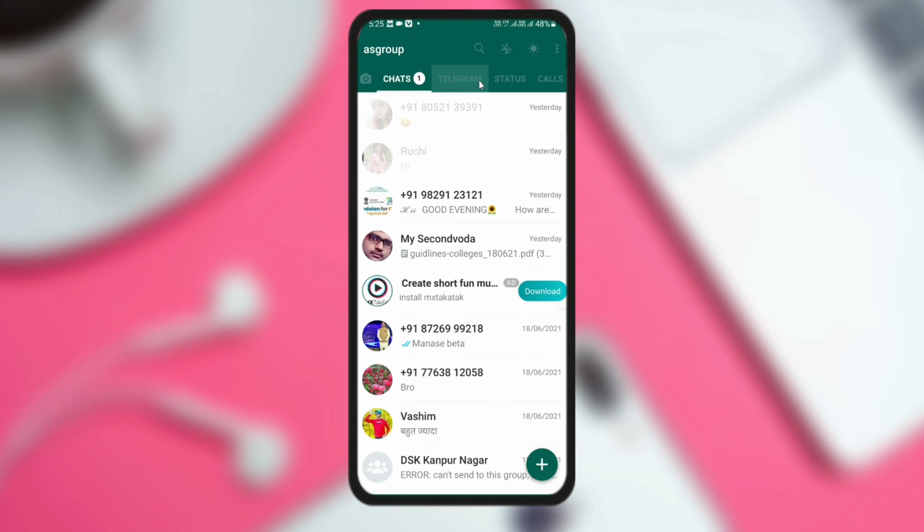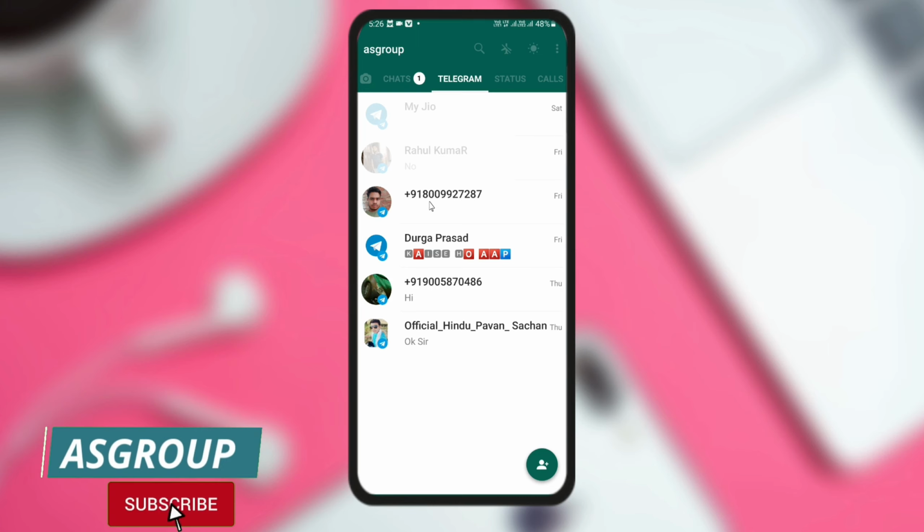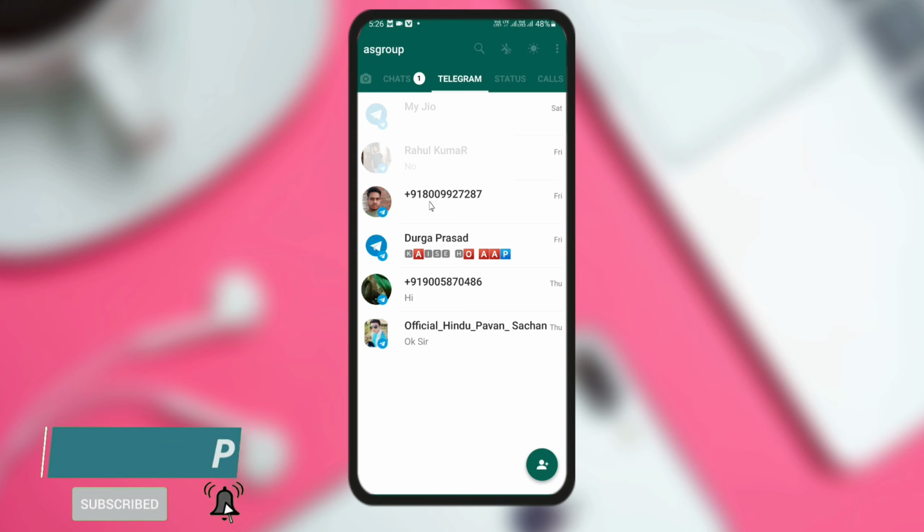If I tell you what has been changed, in the top highlighted option here you can see Telegram. Now by using GB WhatsApp you can also control your Telegram. How would you do that? I'll tell you. Here you can see that all these messages are from Telegram. It means that by using GB WhatsApp you can control 2 things. You can control your WhatsApp messages, and you can also control your Telegram messages. So you may say that there is a tie-up between Telegram and WhatsApp, not WhatsApp exactly, GB WhatsApp.